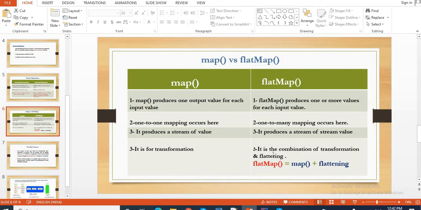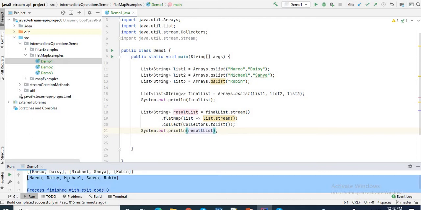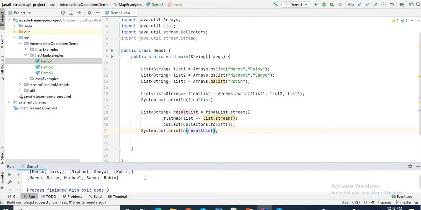In case of map, it produces a single value, but in case of flat map, it produces a stream of values. Flat map is the combination of data transformation as well as flattening. Flattening means merging multiple collections or arrays into a single one. By doing this, we are getting all these names into a single list, which is our requirement.